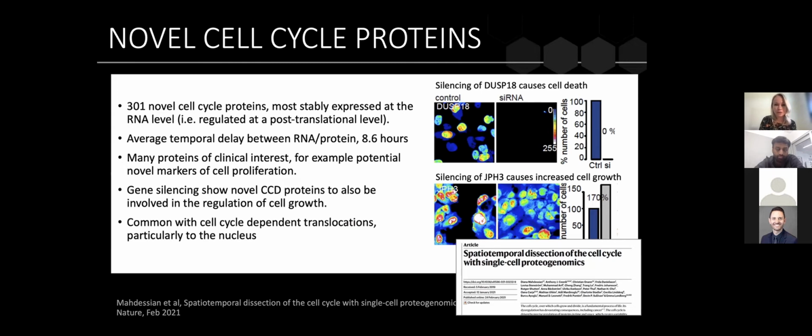in the circadian rhythm. We find many, of course, interesting proteins, potential new markers for cell proliferation, and we also did some gene silencing to show that these proteins are not only passengers of the cell cycle, they do actually influence growth in different ways. And I also want to point out that it's very common with cell cycle dependent translocations as well, particularly to the nucleus in G2 or later in the cell cycle. And this was published last year in a paper in Nature, and it was a very fun study, but I